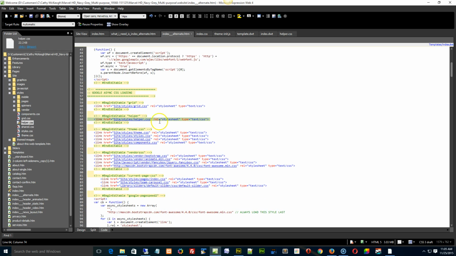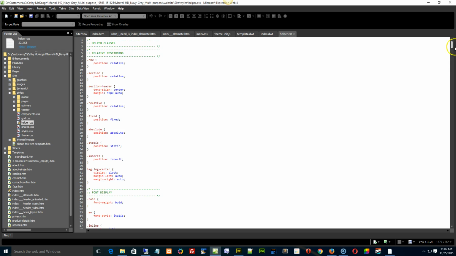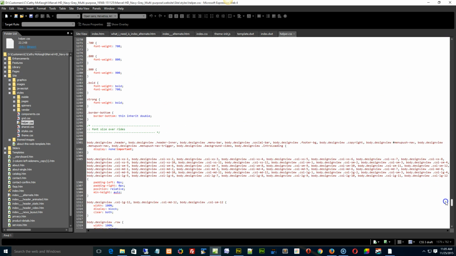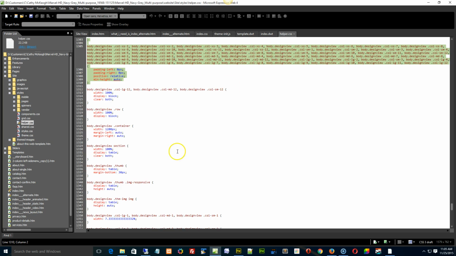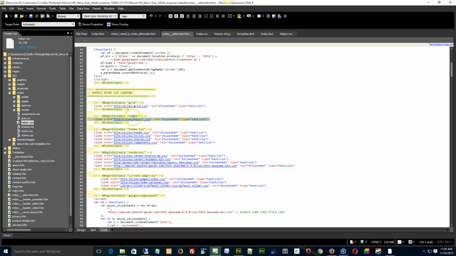I've loaded that second. The helper.css is right down here at the very, very bottom. This is all the code I have down here for the design view. So when you're looking in the design window, some things will be displayed, some things won't be. It enables us to see the picture in the design window, but it removes it from the actual browser. But the problem that I guess you're experiencing is because the helper.css was loading after all the other